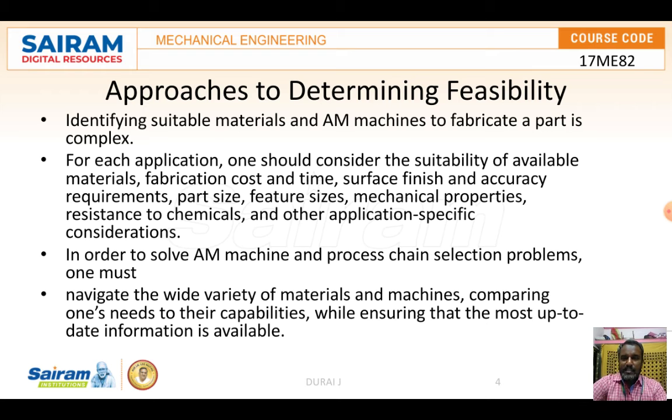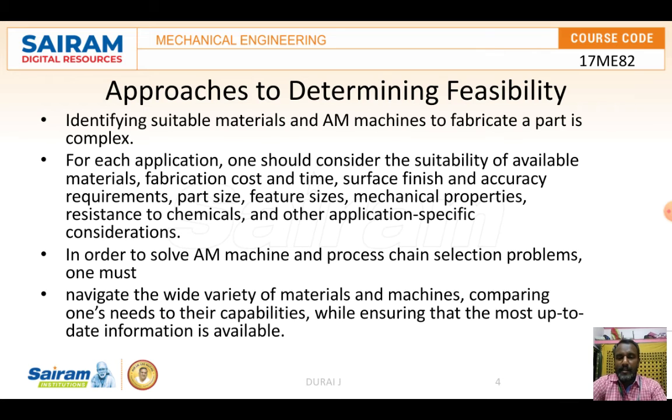So these things come under the approaches determining feasibility. Here all the things will be considered about the component application. Depending upon the surface finish as well as the accuracy, they are going to be selected.